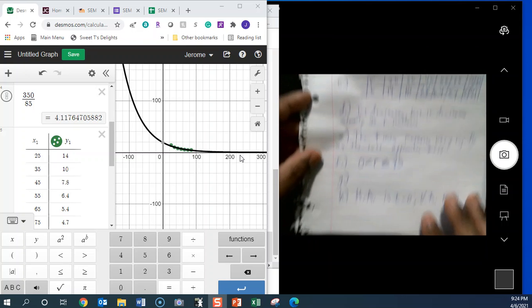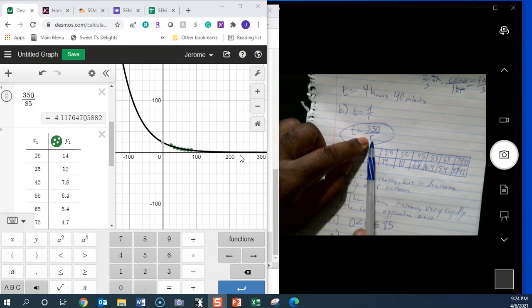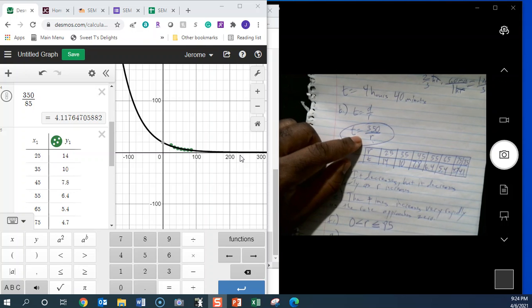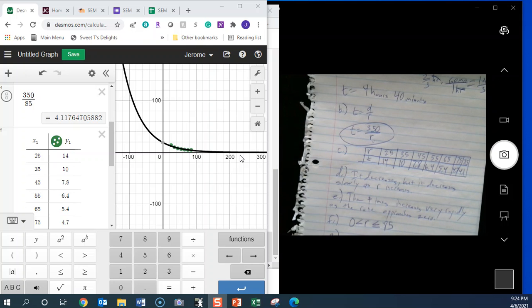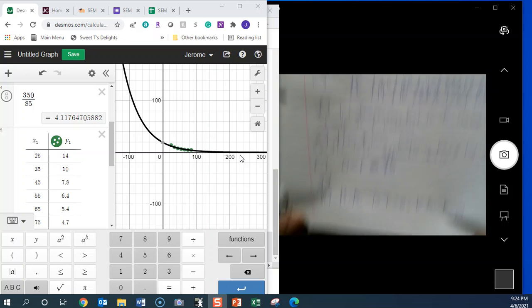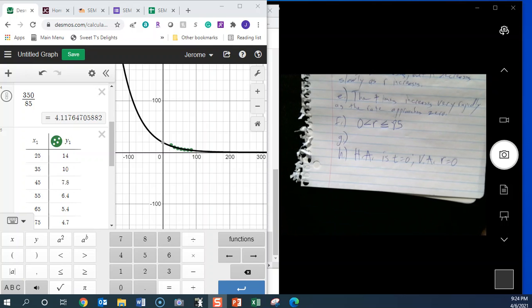If you look back up here at the equation that we have, if you put in 0 for R, we know that would not work. And we know that T would never equal 0, according to this fraction here. So that is basically the horizontal and vertical asymptotes. Now, we will